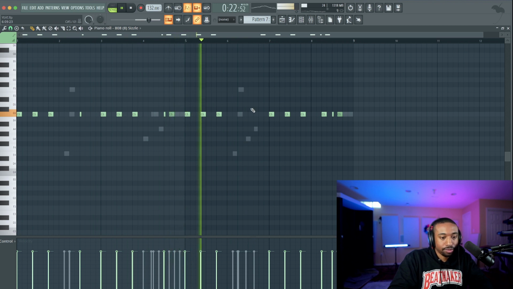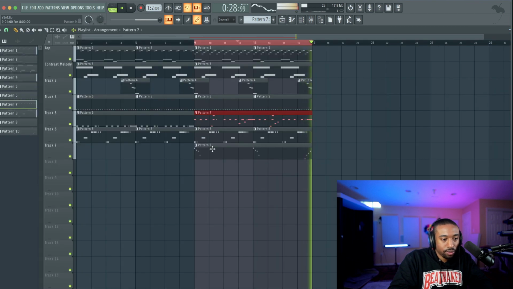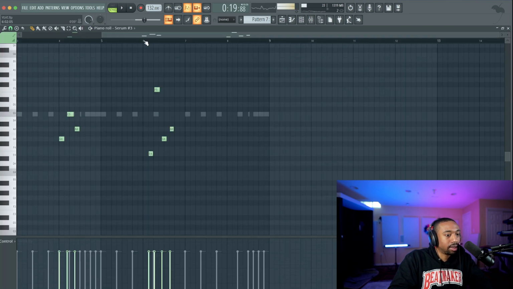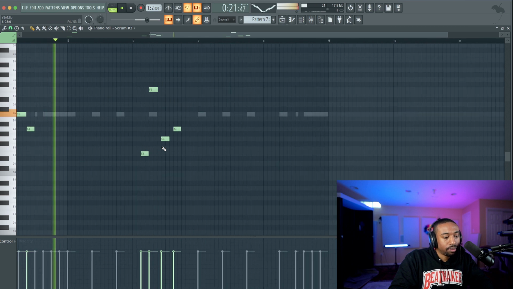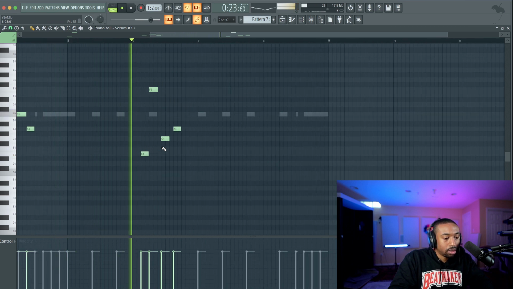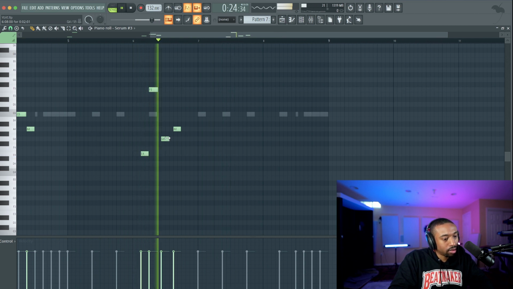Tighten this one up. Okay, let's go back in. Let's change this to the actual patch, which is Serum. Let's hit Alt Q to quantize, hit enter. This needs an ending note.